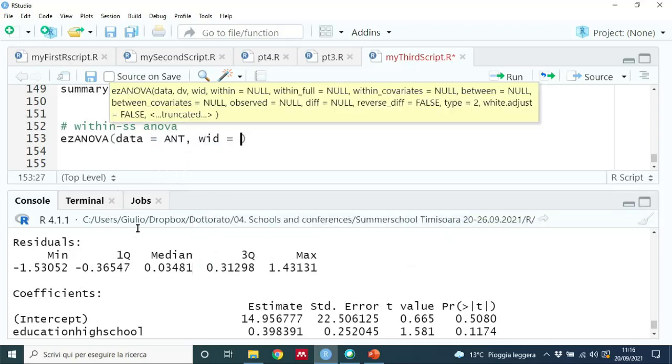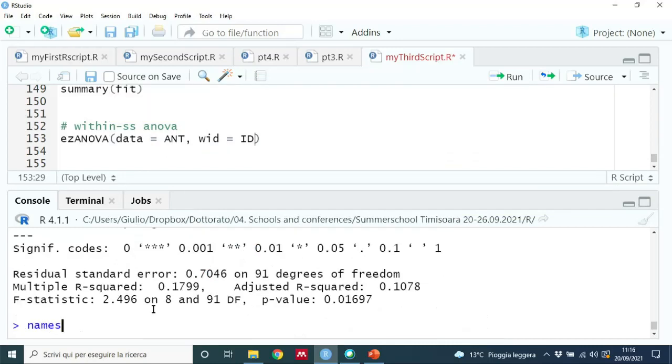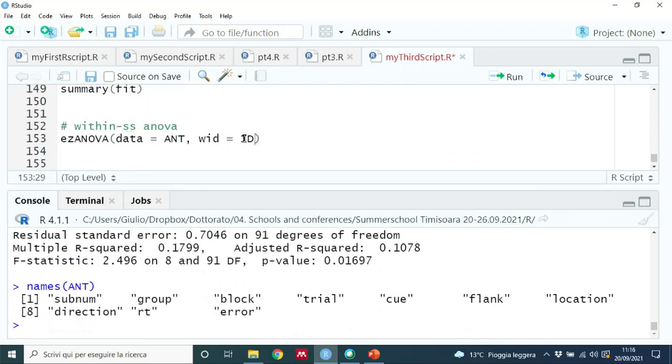WID should probably be ID, but I don't remember. So names ANT. Let's check it out. Now it's subnum, the identifier. Then we want to specify the dependent variable is reaction times, lowercase. Then we have within is,